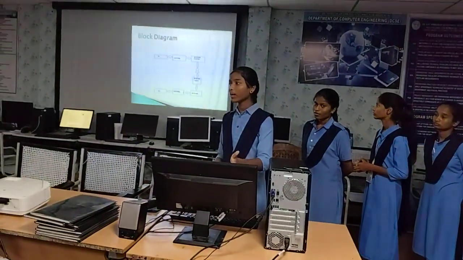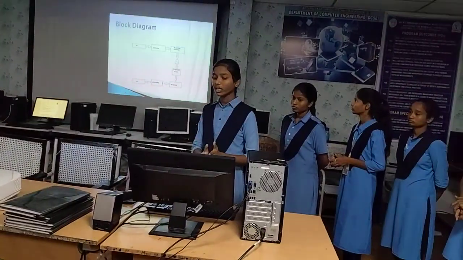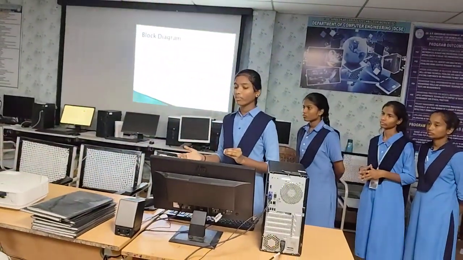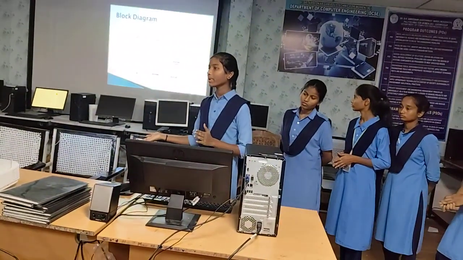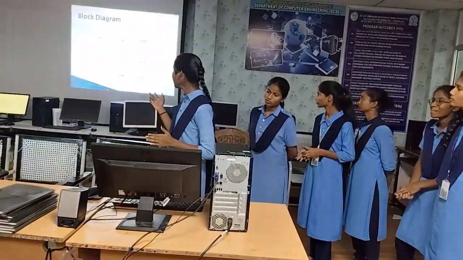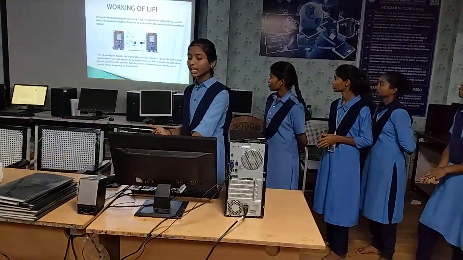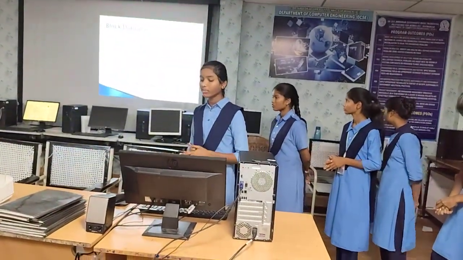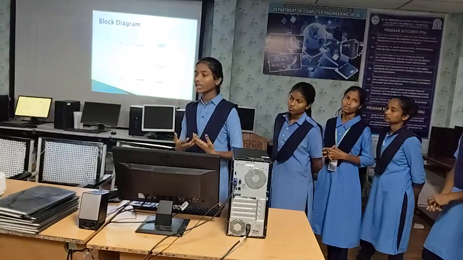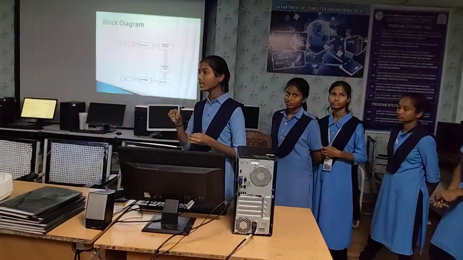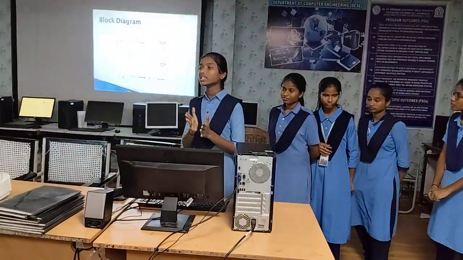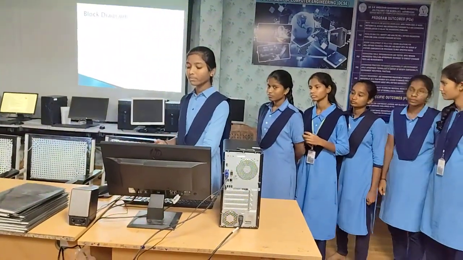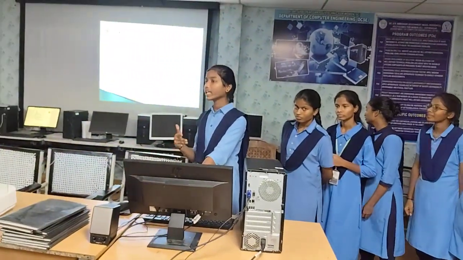First of all, we have to give information to a computer. Next, it will process the data in an encrypted format. It will be taken by the transmitter, which is the LED light. This encoded information will be received by the receiver, that is the photo detector, and it will sense the data and process the data, which is in encoded format, that will be decoded after taking the information